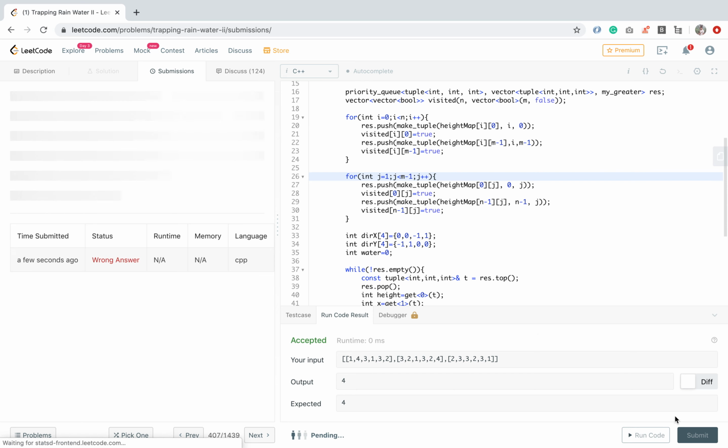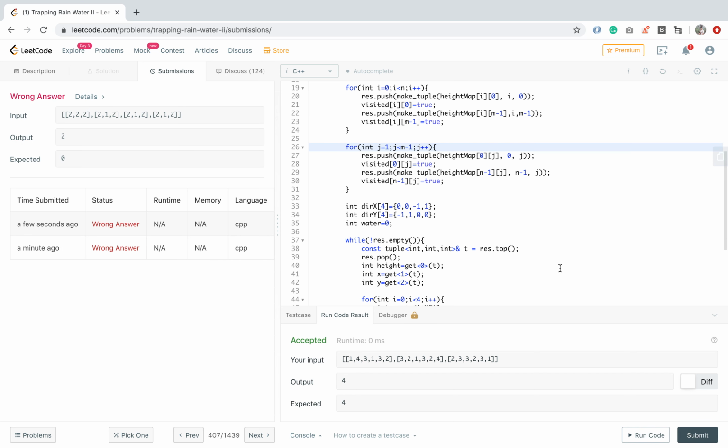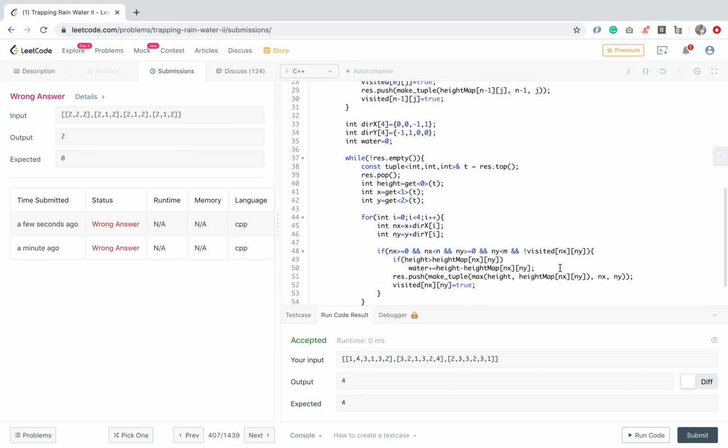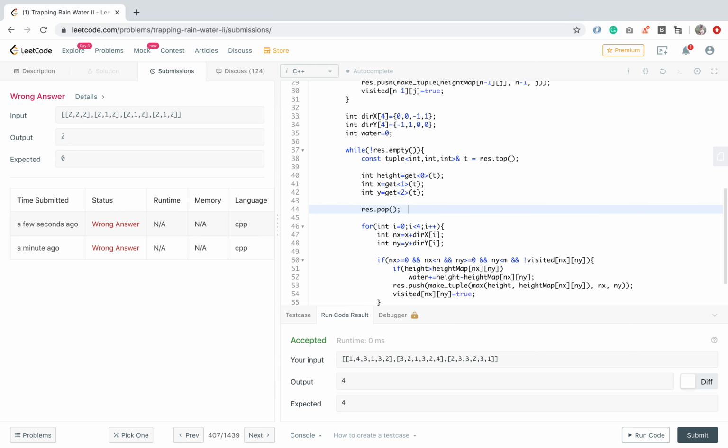Let's try. Okay, what is the problem? I think we can give this pop a try. Might be this is creating the issue because after popping we are not able to fetch the result from the tuple.